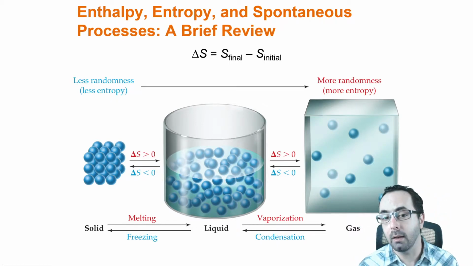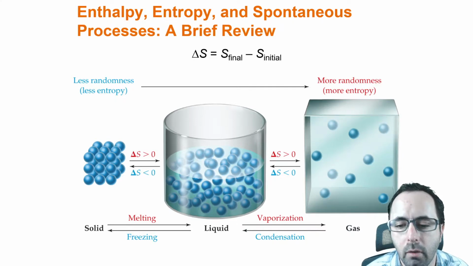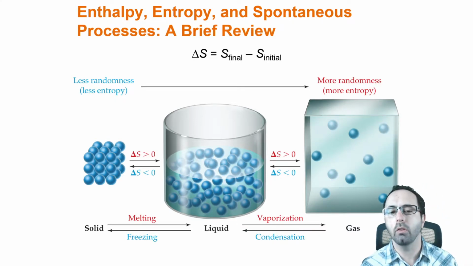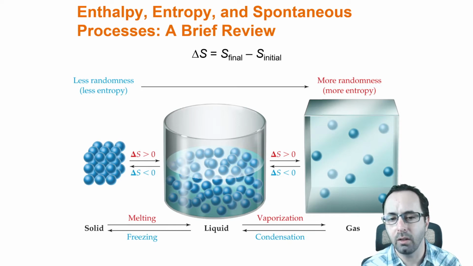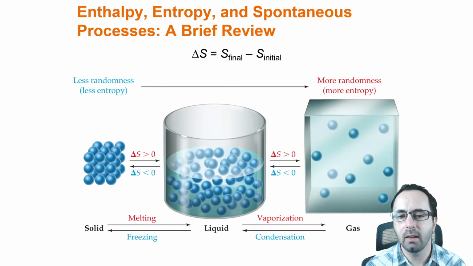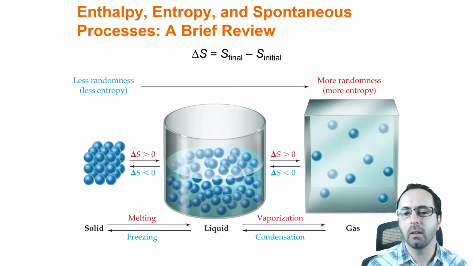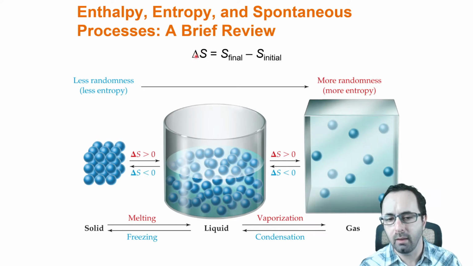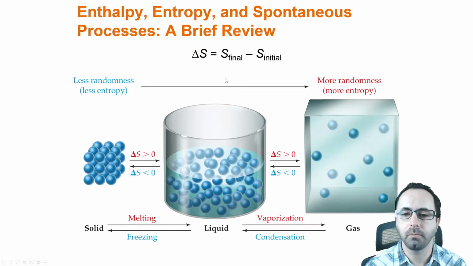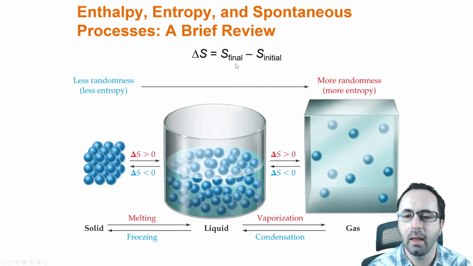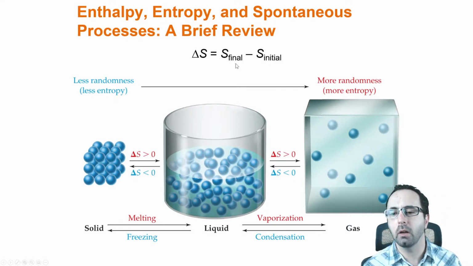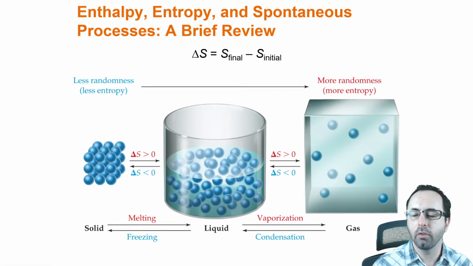It's going to be related to not only the concept of being exothermic or endothermic, but also to this idea of entropy. So entropy is indicated with a capital S, and the change of entropy in a reaction is indicated by delta S, delta meaning change. And so S again is a measurement of the randomness, the freedom of motion of molecules.